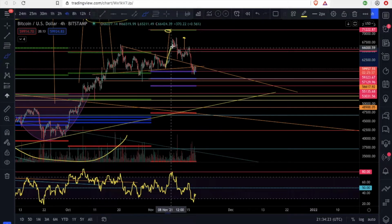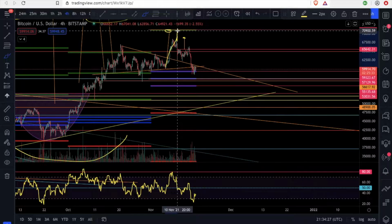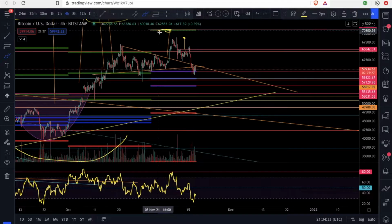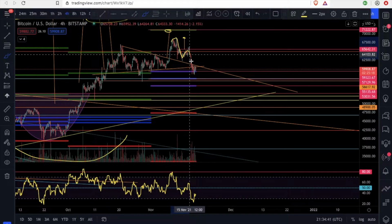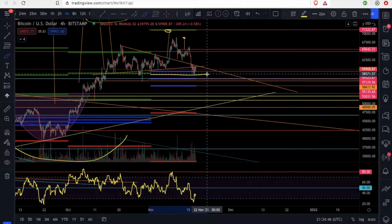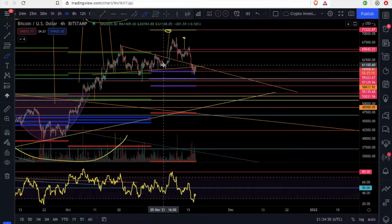And you can see that the Bitcoin price was very close to touching that green line, but it decided not to touch that green line, which was confluenced with this pattern right here, and it almost met the target right here, but it didn't. It was almost met. It did have a pullback and then touched this blue line. These blue lines were here before the